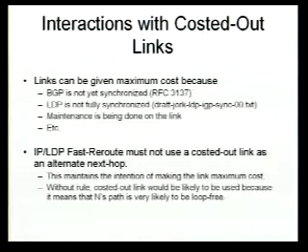It won't be useful. So one of the requirements with the loop-free alternates, and what we have with LDP Fast-Reroute, is that it's not allowed to use a costed-out link as an alternate next hop. This maintains the idea of having the link costed out as, don't send me traffic. Don't send traffic across this link. So we need to maintain that with Fast-Reroute. And the other piece is, if you look at the network and think about max out costs, well, if it's really expensive for the router to get to that router and it's symmetrical, then it's really likely to use that link as your alternate because it will be so expensive to come back.